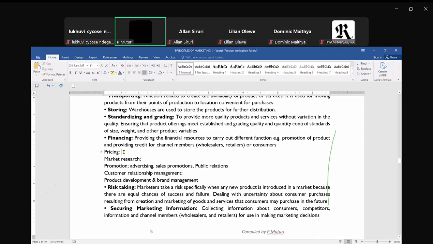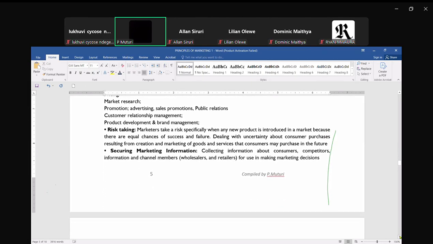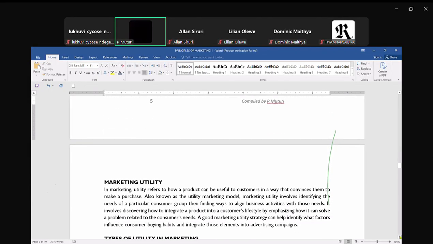What do we mean by pricing? Placing a value on the product. The exchange value. What is market research? Identifying the needs and the requirements of the target market. What is customer relationship management? So can you put in those in your own time, the explanations for those that I had not included in my earlier list? Yeah, I think that's a good discussion. So notes for those asking, I will share, but it is just a guideline also.